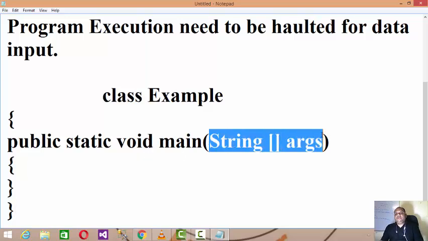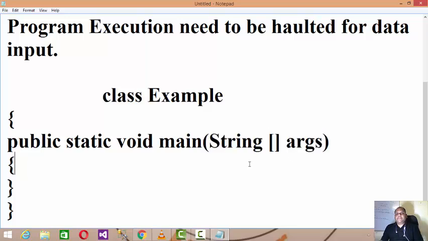Parameterized means while calling main, we can even pass on the inputs.